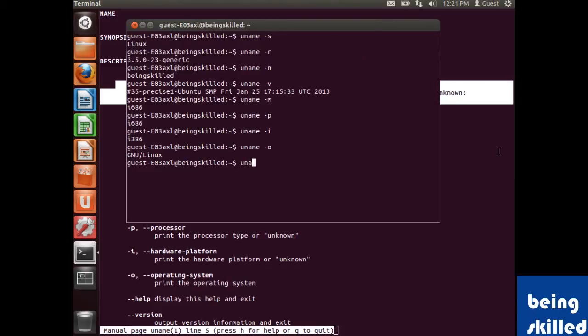So to sum up all, we can just type uname separated by hyphen and a, and it will show complete details about the system. So host name, kernel release, kernel version, when the kernel was released on, then the processor it's currently working, the architecture it's using, the operating system's name. So if you want to know the entire thing about any Unix or Linux based operating system, then uname is the command which you should use.